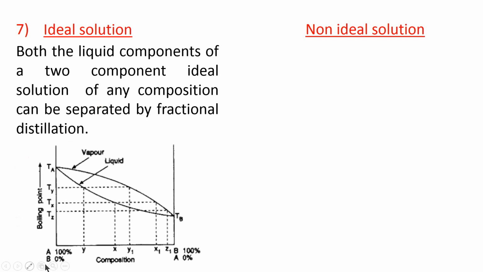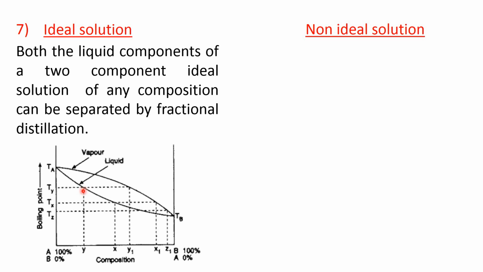Let's see. Suppose this is the ideal solution curve. This side is boiling point, this side is composition. B is increasing in this direction. Now, this lower curve indicates the liquid composition, and the upper curve indicates the vapor composition. Now, if you take any composition Y and start heating, it will start boiling at temperature Ty, and